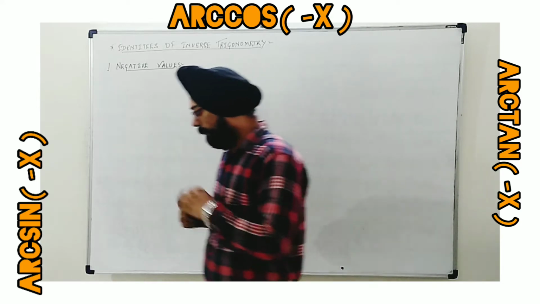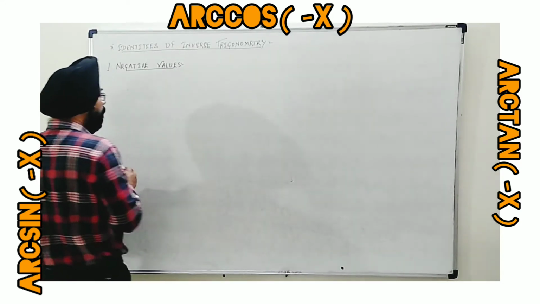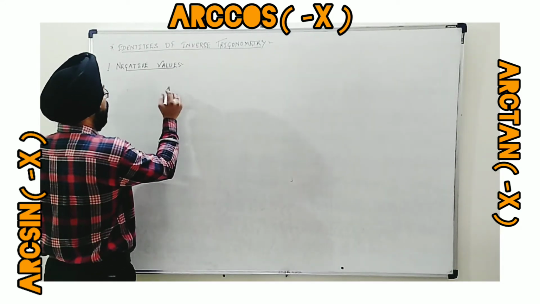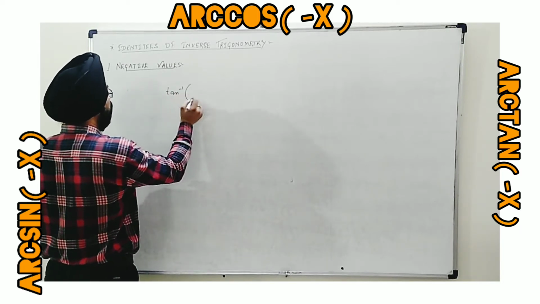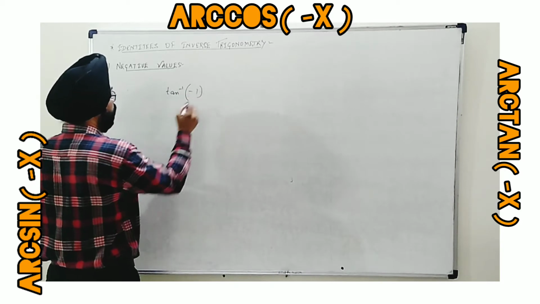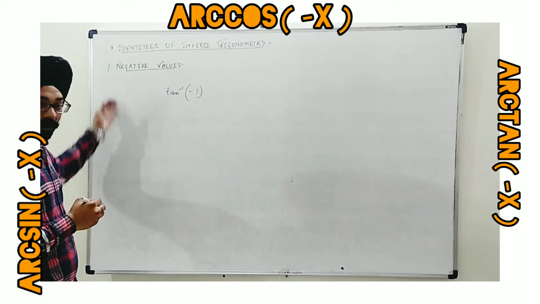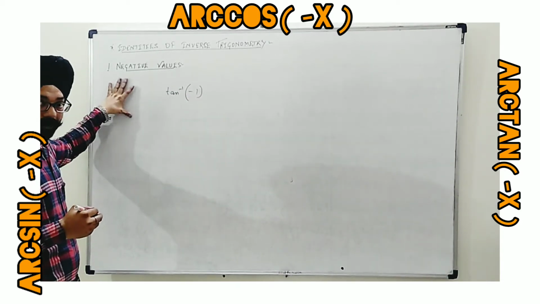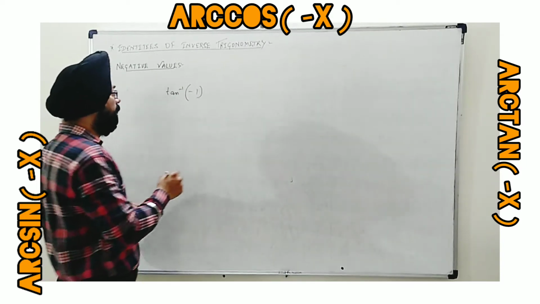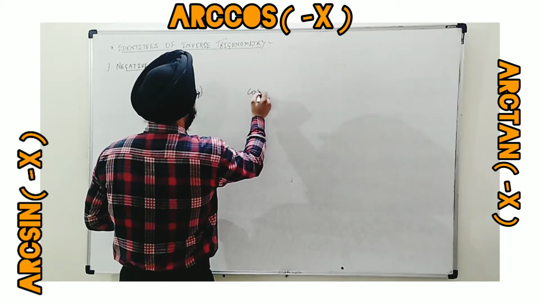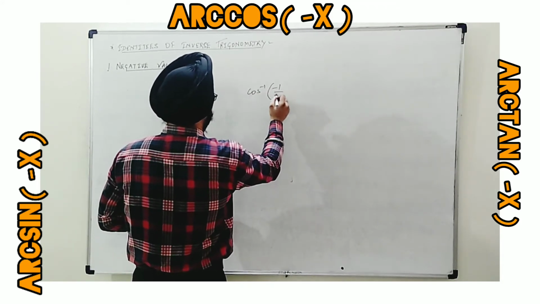As I explained in previous lectures, whenever you are given, like, tan inverse minus 1, we draw the quadrant and show its principal branch, and accordingly we find it out. Also for cos, if I take cos inverse minus 1 by root 2,